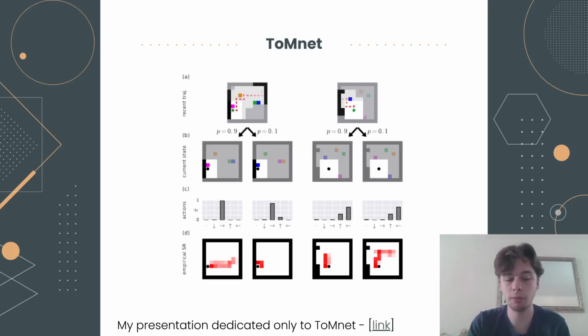So here you can see how ToMnet passes the false belief test when the consumable objects are changed outside of sight of the agent. ToMnet still predicts that an agent will go to pick a blue object which it prefers because it remembers it was up, which is false after a swap of the objects. So the model can separate its own knowledge from the agent's knowledge, as it has full observability and is aware of a swap, while the agent has limited observability and is not aware. And ToMnet can understand that and can predict actions with a high accuracy, but unfortunately the code for ToMnet wasn't